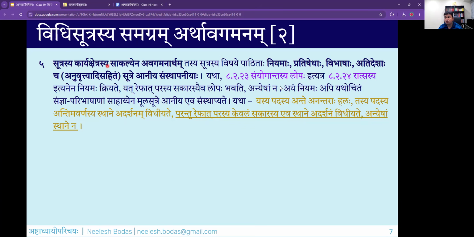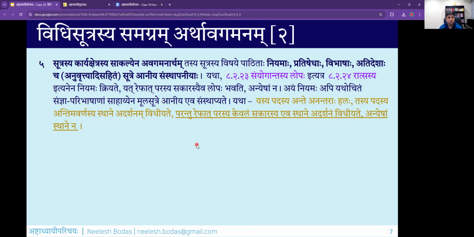So where is Sanyuganta Silopa operatable? Sanyuganta Silopa is now operable on all Sanyogas at the end of a pada. And when the first letter is ra, then the second letter must be sa. Other sanyogas of that category are not going to use this sutram sanyogantasya lopaha. So in this way, in order to understand the sutram completely, there are no hidden things over here.